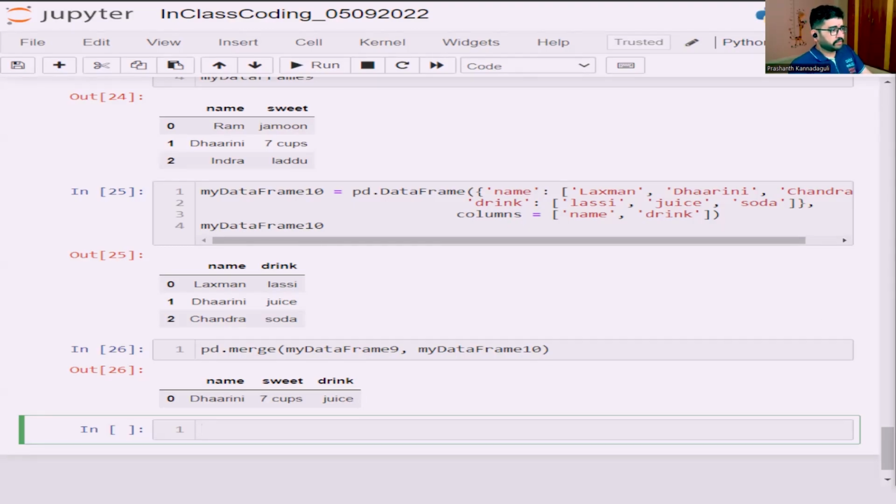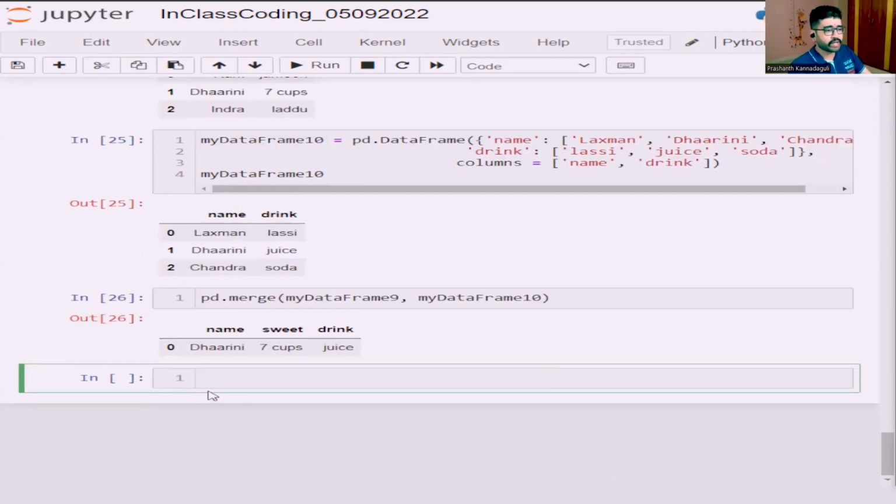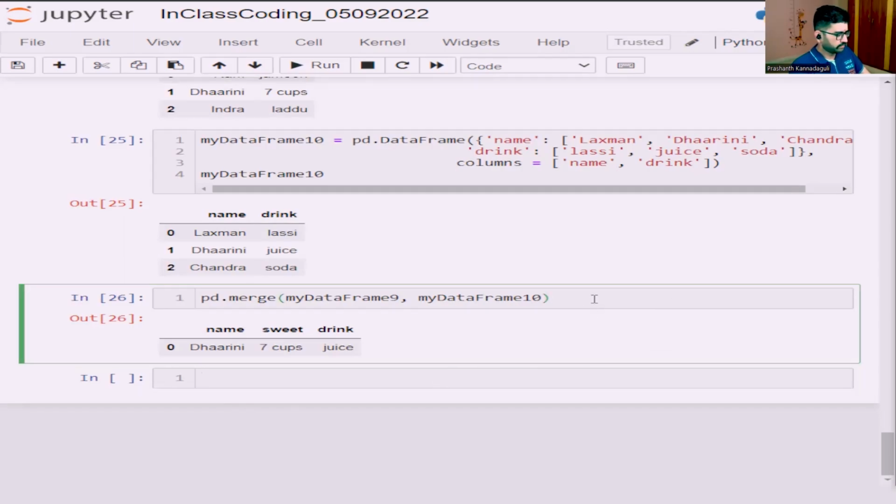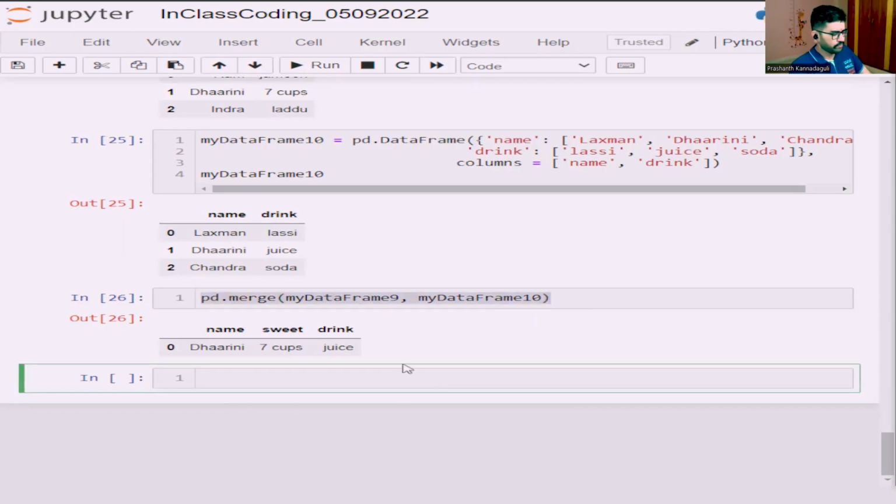Okay. But if I want to specify that explicitly, I have two different data sets and I want to show only the ones which are common in both of them, right? By default, it will do that. But if you want to specify that, how can you do that? You can do something like this. I'll just copy this part. I want to merge the same thing, but I have to say how. So how is a keyword. How is equal to, you have to specify